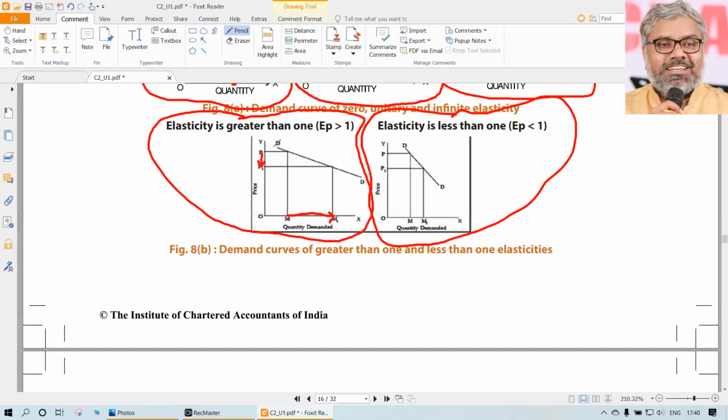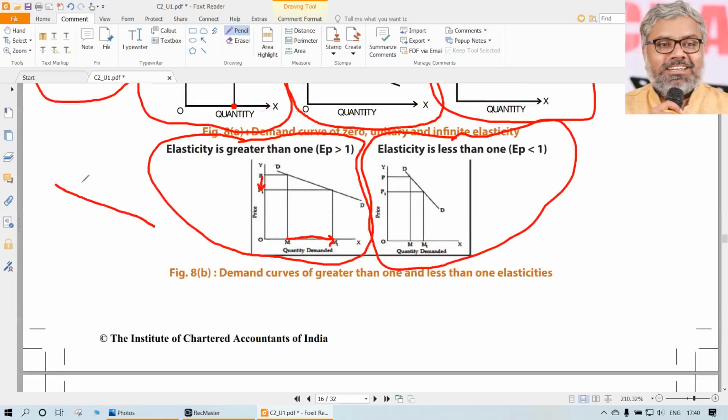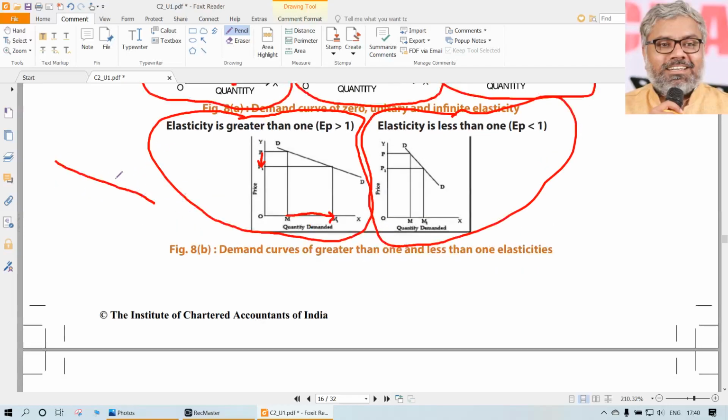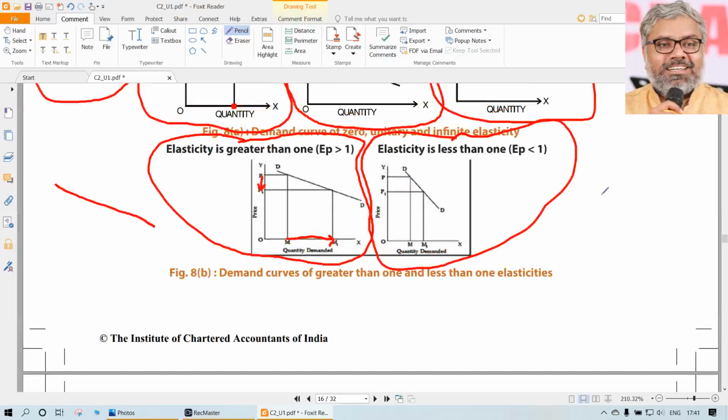And look at the way the graph is there also, how flat the curve is, the angle is not that much. So here the curve is as good as a normal horizontal line, but it is not horizontal, it is a little flatter compared to the next one. The next one is looking a little more slanted. So what does it mean? What does a slanted curve mean?